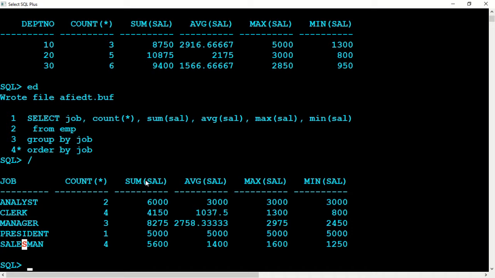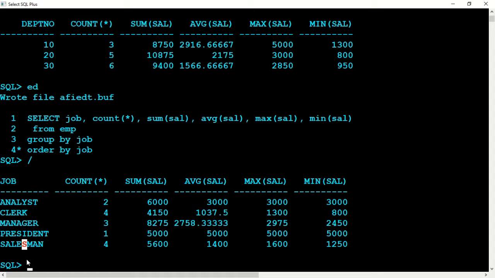Okay, and what is the salary for each job. What is the average salary, what is the maximum salary, and what is the minimum salary for each job. So there are 5 groups here. It has automatically created 5 groups here, whereas there it created 3 groups because there were 3 groups in that particular department. But when you say job, there are 5 groups.